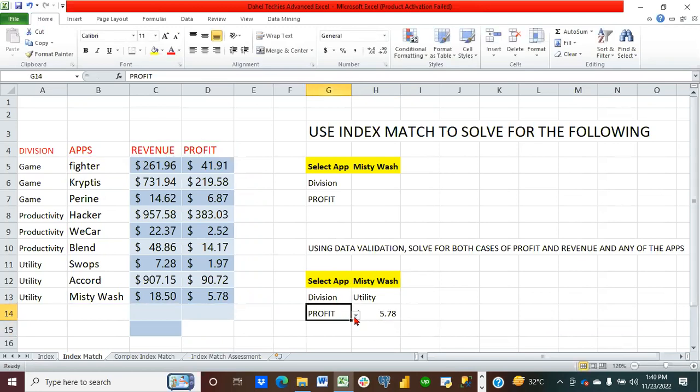So you can now choose any of these. Once you change the Misty watch to, let's say, blender, it's going to change alongside. Revenue for blender is